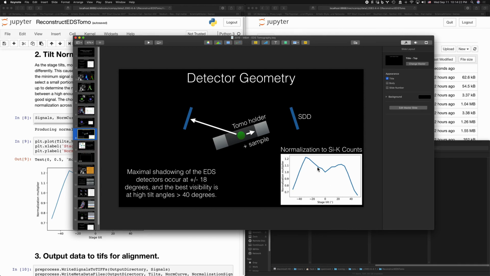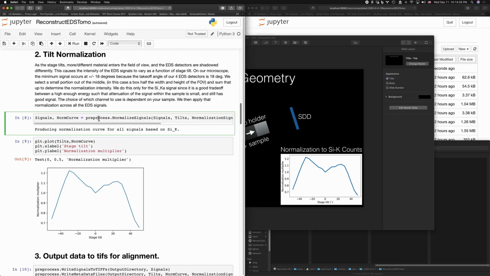And then you get an intermediate value at 0 tilt. 0 tilt is actually not the best angle for getting a lot of counts. Interesting, huh? All right, so in order to normalize it, I have a pre-process normalized signals step, and then